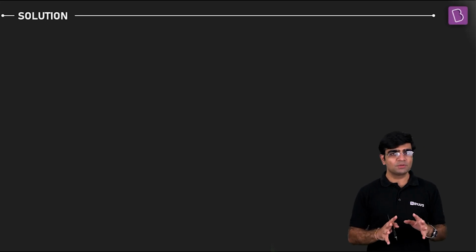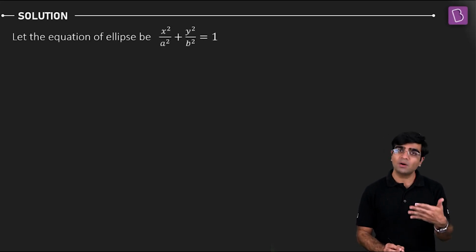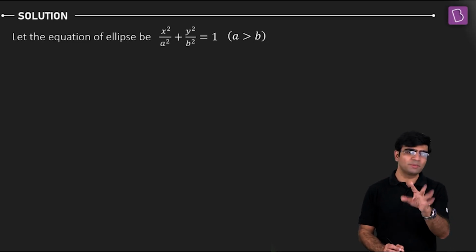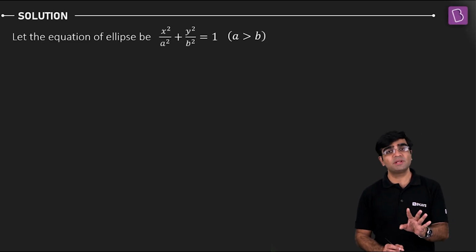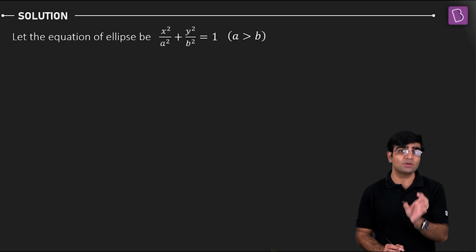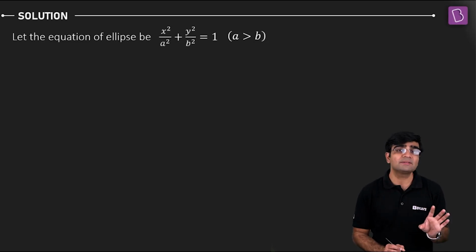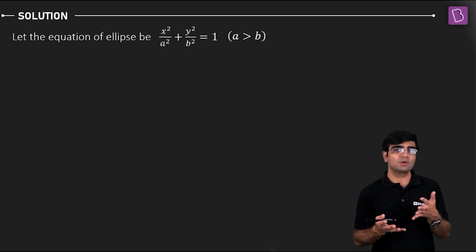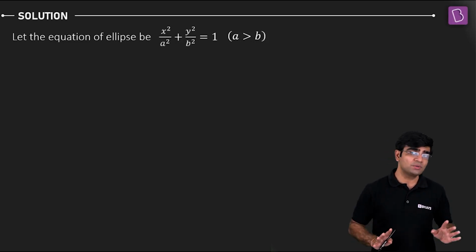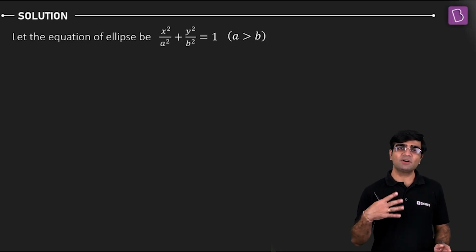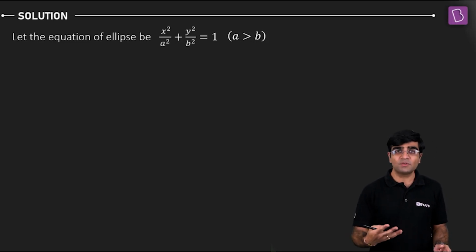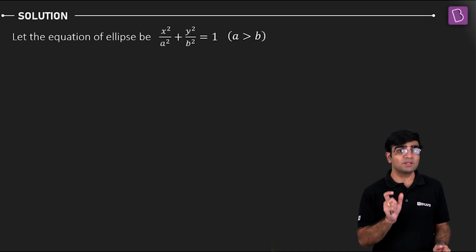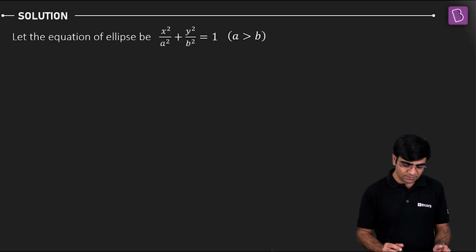So everyone, please look into the solution if you want to refer to how we are solving it. Let the equation of the ellipse be this. I've assumed A greater than B. It doesn't matter which one you take, because we are talking about only distances or lengths. We are not at all interested in the equations, right? So whether it's vertical, horizontal, or rotated, it's not going to change my answer. For my ease, my comfort zone, or my speed in the examination hall, I'll start with the horizontal one, because this gives me the quickest way to get the results.